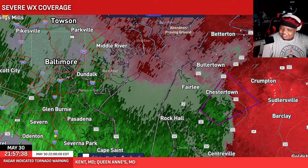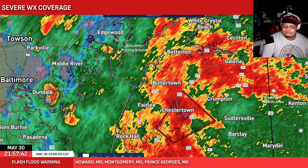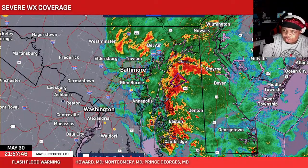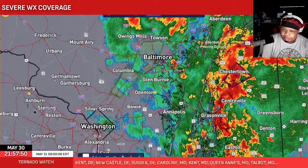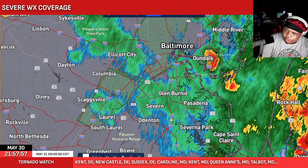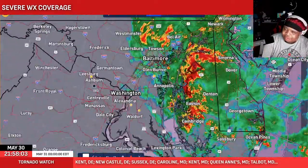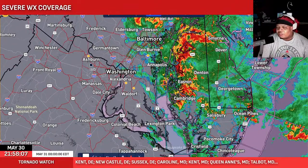But yeah, just waiting for this last storm to finally get out of here, and then flood warnings in place. So low-lying areas, flood-prone areas, small creeks and streams, be mindful. That's the Patapsco River. We do have a lot of rain that's taken place. That warning goes to 11 o'clock, so that will expire in an hour. We may have some more severe thunderstorm warnings down the line. We'll have to wait and see. But as of right now,